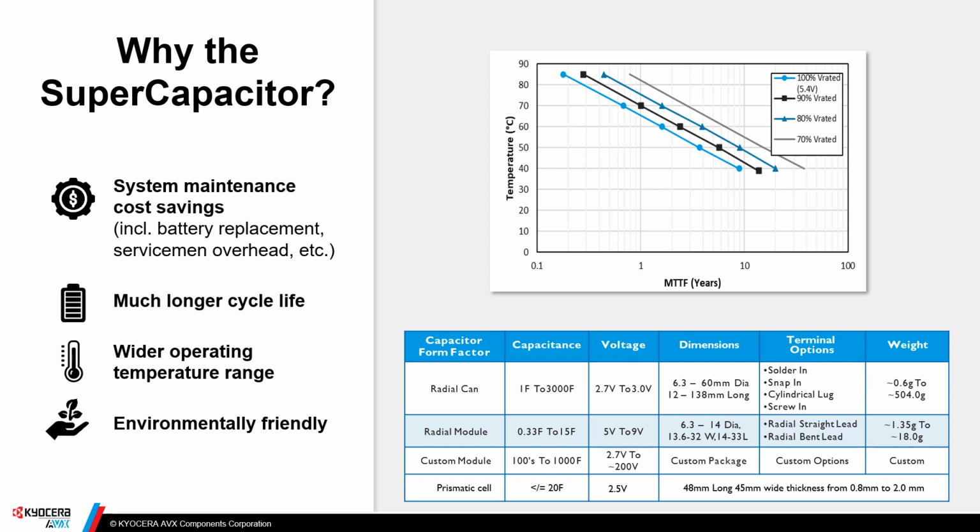What I'm showing is the temperature range on the y-axis relative to the MTTF of the component. As you would expect, operating a component at a lower temperature will increase the operational life of that part. The colored curves are actually a comparison of rated voltage to applied voltage. So if we're 100% rated to applied, that's the far curve on the left. You could see as we reduce the percent of applied voltage, for instance, 90 or 80 or 70% applied, we